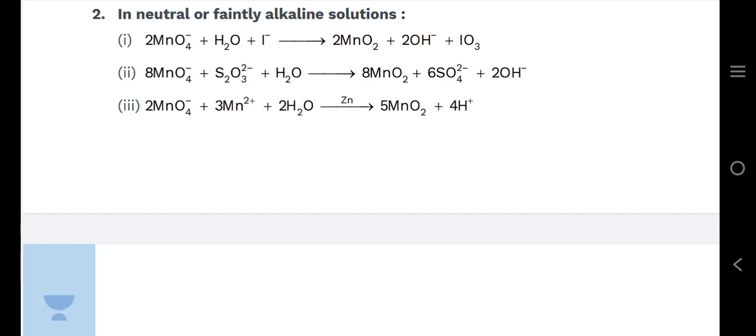Now these are some reactions of KMnO4 in neutral or alkaline solutions. MnO4- plus H2O plus I- gives MnO2 plus OH- plus IO3-. MnO4- plus S2O3 2- plus H2O gives MnO2 plus SO4 2- plus OH- ions. MnO4- plus 3Mn2+ plus